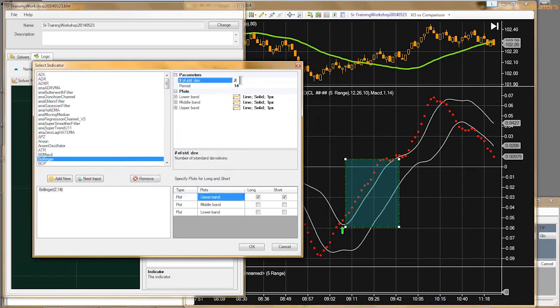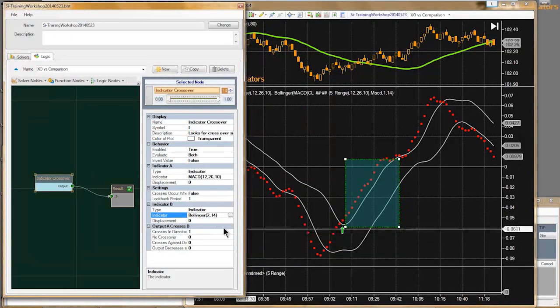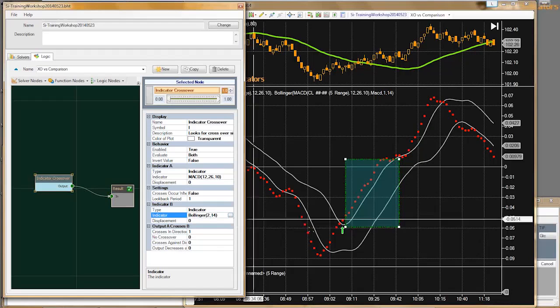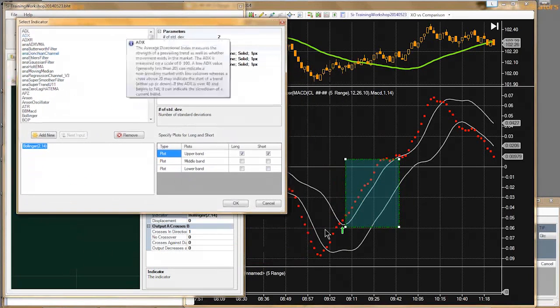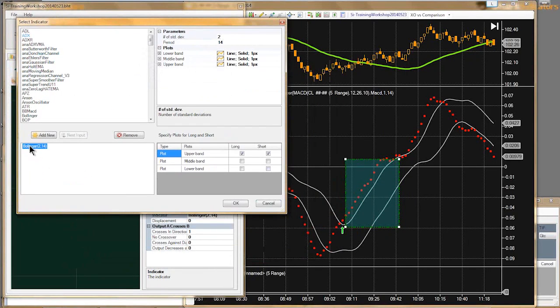I don't believe I changed any of the periods on the chart, so I'll leave the parameters the same, and we're going to use the upper band here. And so, you notice no signals. Why would that be? Well, that's because we're comparing the MACD plot to the Bollinger